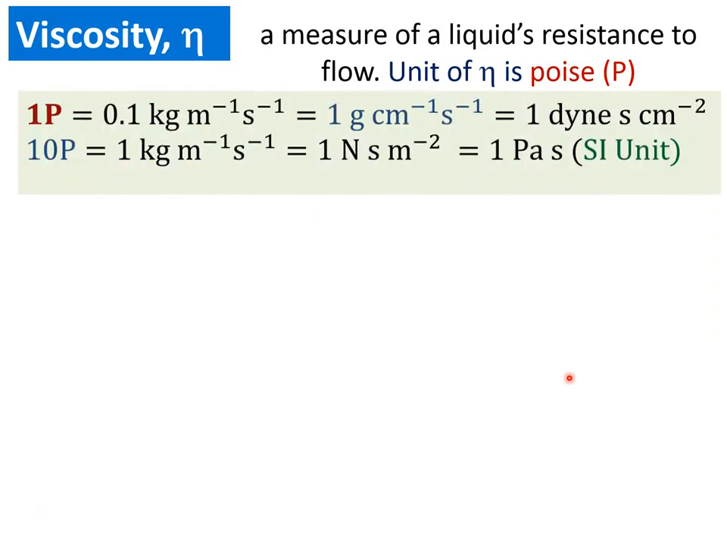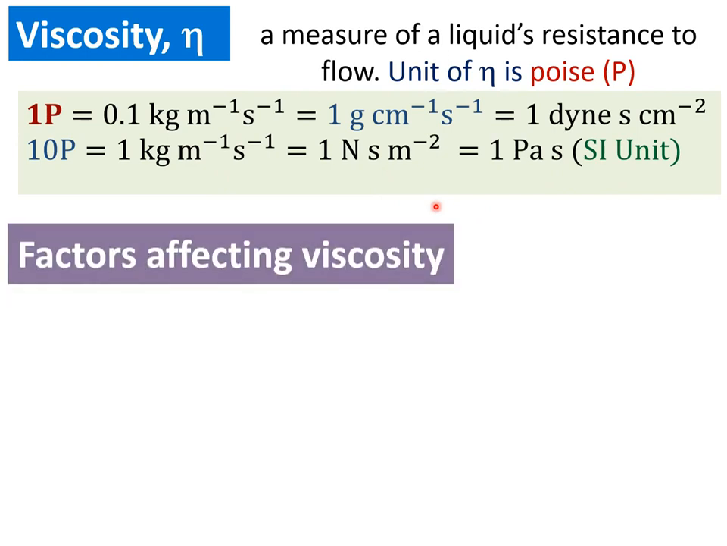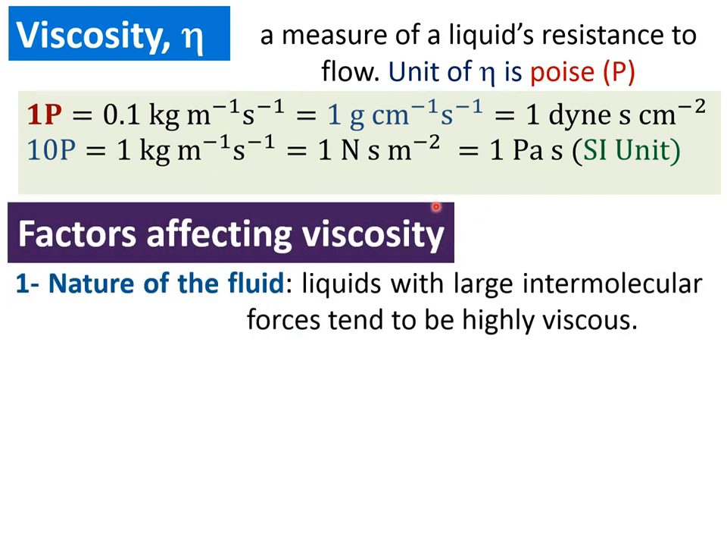And viscosity is another property of liquids as well. It is a measure of a liquid's resistance to flow, and the unit of viscosity is the poise, and the poise equals all these units together. 1 poise is equal to 0.1 Pascal second. The Pascal second is the SI unit, and you also need to have an idea about the units and the conversion between them. Factors affecting viscosity: the nature of